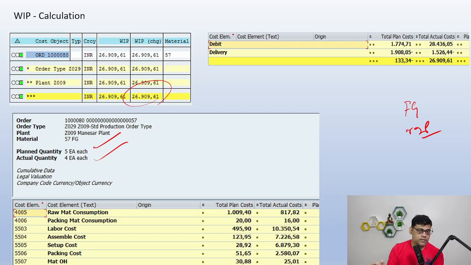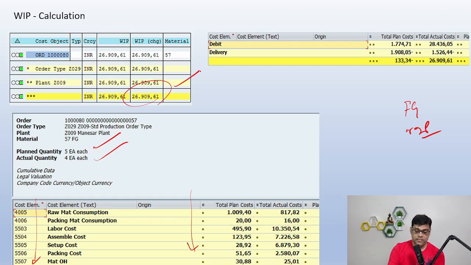If you are watching this video from the user point of view, these are the activities which the user needs to perform one by one. And if you are watching from the configuration point of view, the related configurations must be done by the consultant or by you. This is how the cost is calculated, with the bifurcation of different cost components, and this cost is calculated after lots of month-end allocations, cost splitting, all these things. This is my total debit, then delivery, and my difference. The difference is the WIP calculated,